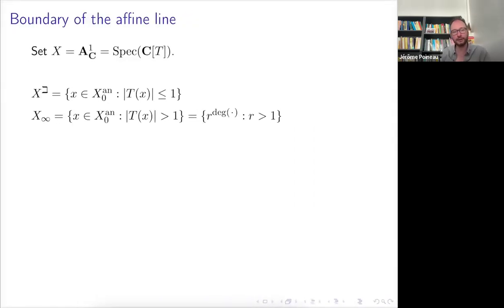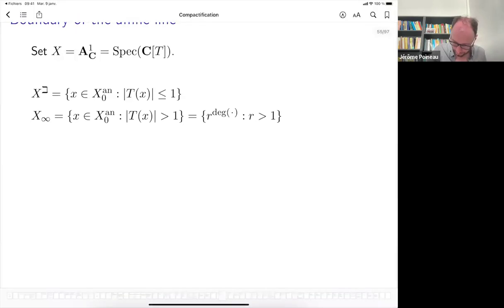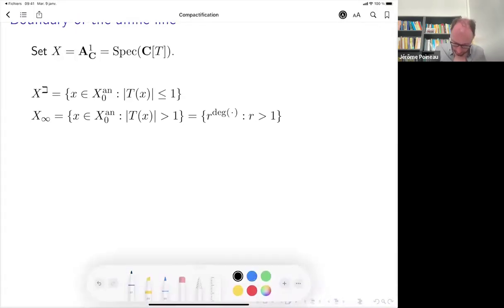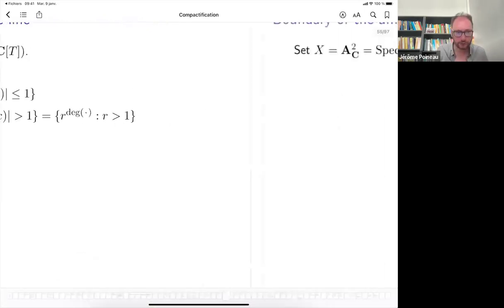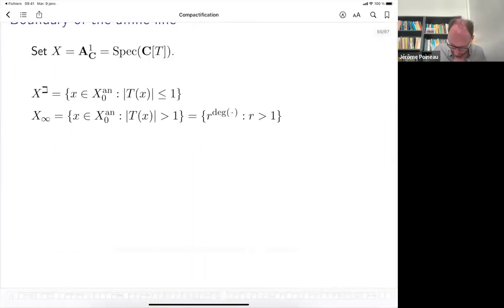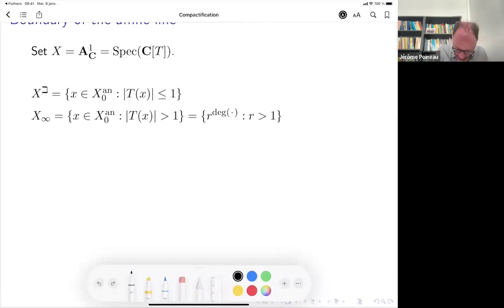Okay, maybe I want to draw a picture here. If you remember, I drew this affine line before, of course. So it was something like this. Yeah, sorry, I think I left some space here. Is this right or not? Yes. So I can draw here.